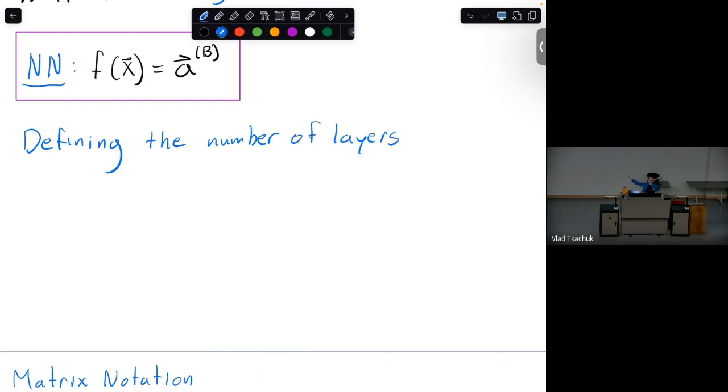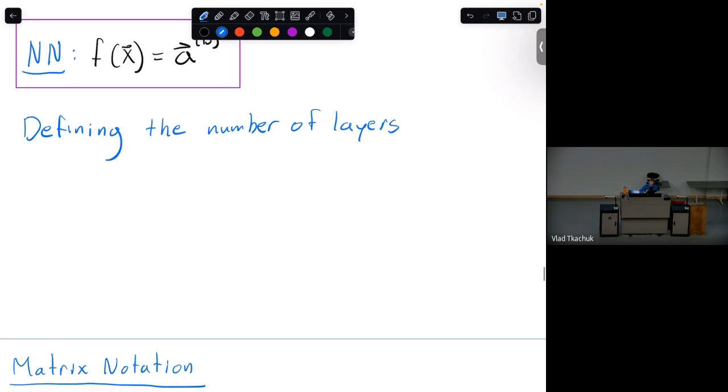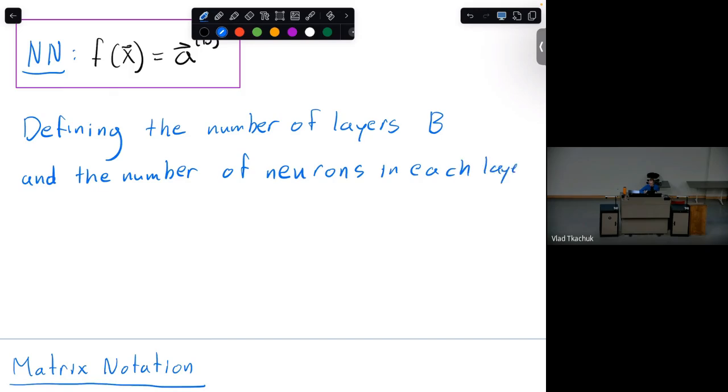You know how many of these vertical columns there's going to be. So if you define the number of layers, and then if you define the number of neurons in each layer, what are these variables?